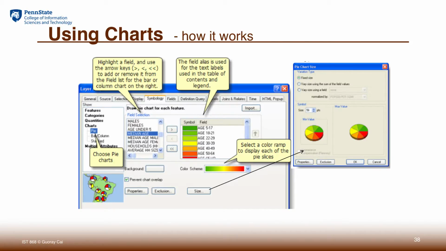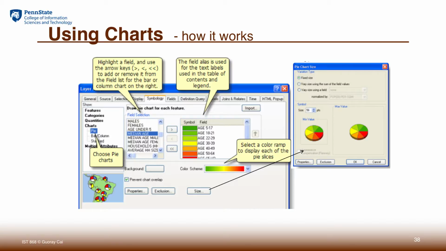Here we show a dialog box for designing a pie chart symbol. What you need to do is choose the chart and pie, which will automatically open up the choices. All the fields having numerical or quantitative values are candidates for being included in the pie charts, but you have to make sure those values included are meaningful.